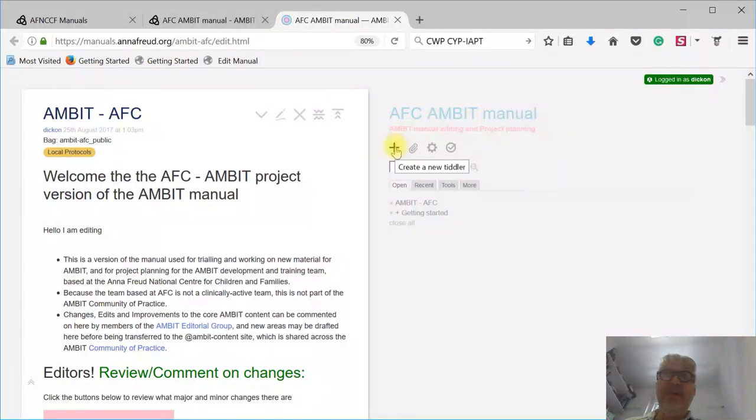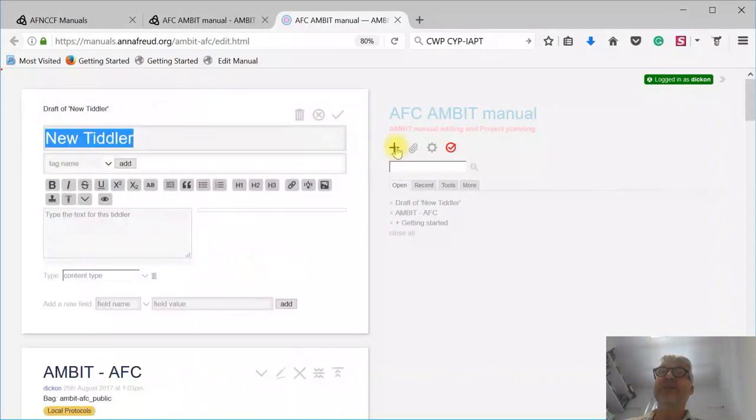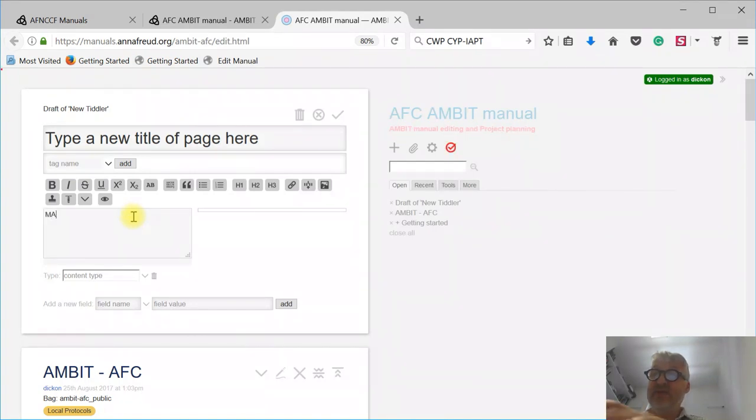What if you wanted to make a new page? There's a little plus button here, so you can click the plus. You get a page that's already open, and it's already helpfully got the title ready to type, so I can type a new title page of page here, and I can make some content. Typing never being my strong point. And as you can see, because the eye is open, I can see what that looks like in the browser